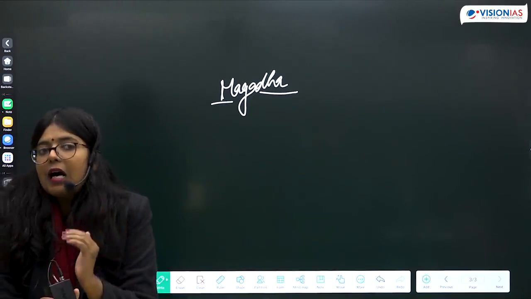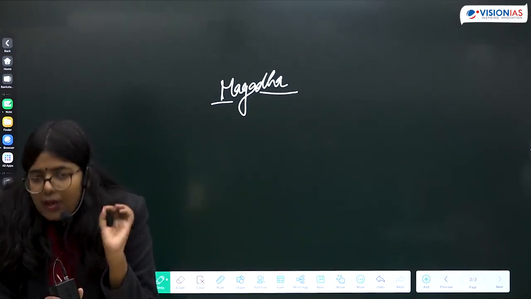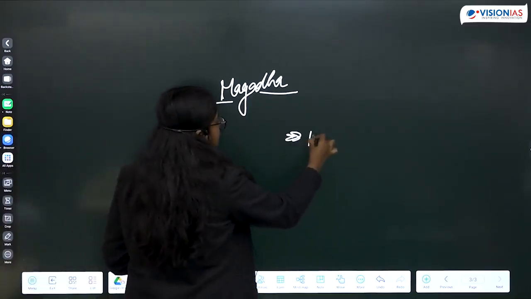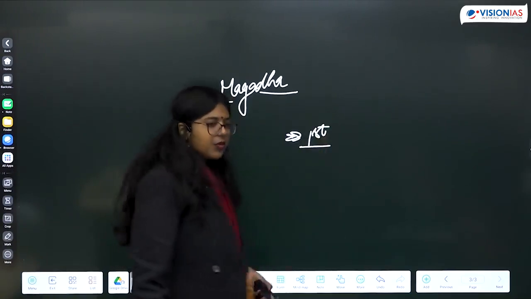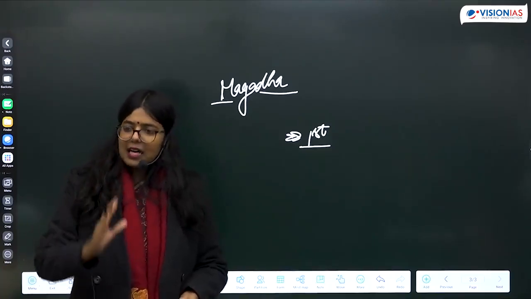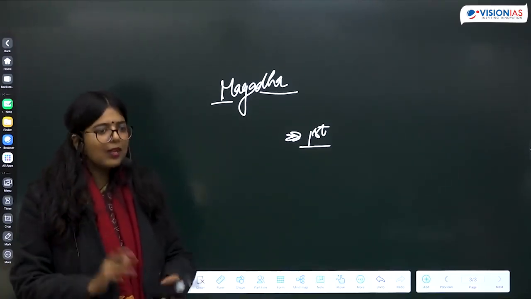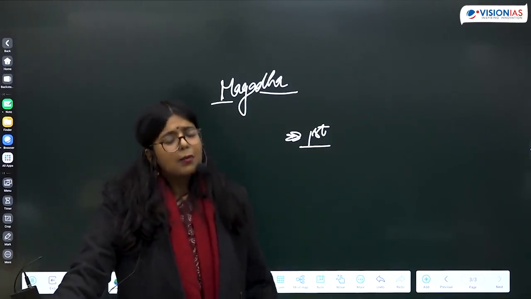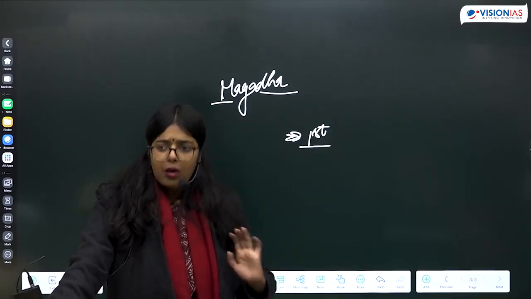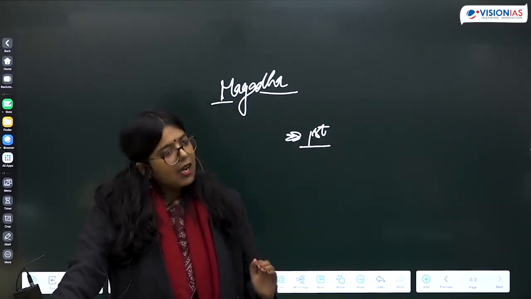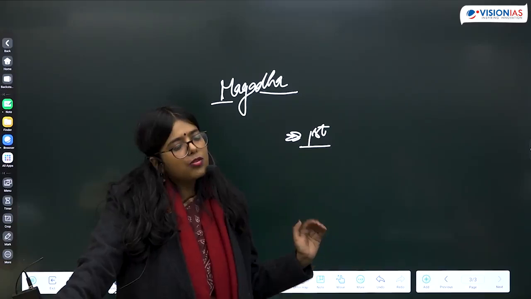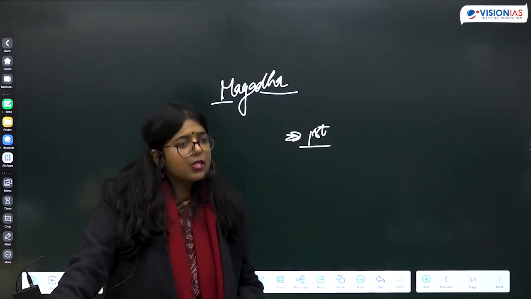Other things are culturally important. For example, when we are talking about Ajatashatru, he is the one who will hold the first Buddhist council. Okay, we'll talk about these councils at one place when we will discuss Buddhism. But since we are at Ajatashatru, it is important to mention this. So just after the death of Buddha, Ajatashatru is going to be the one who will patronize the first Buddhist